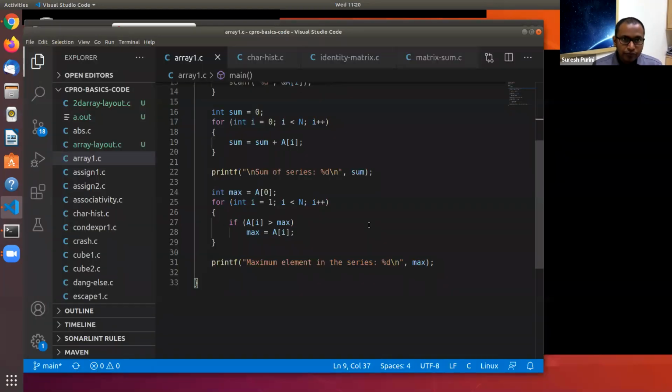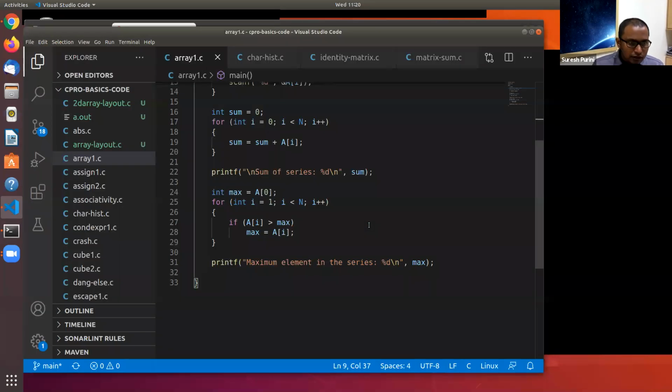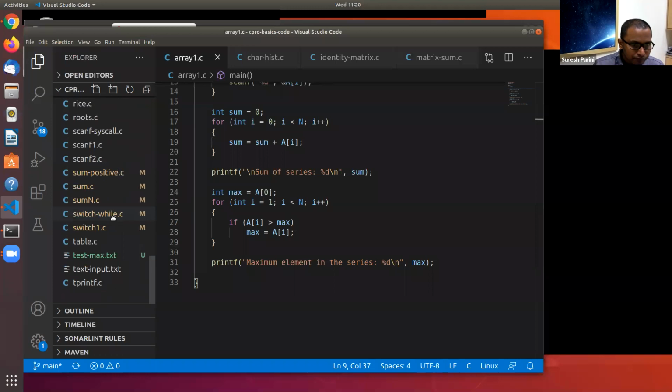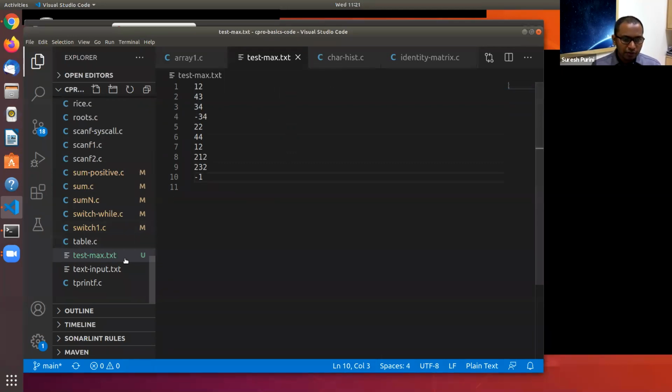So gcc array1.c. Now we are giving the input from a text file. There are 10 integers here.